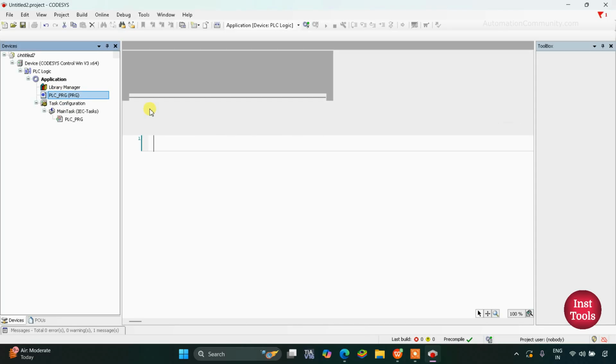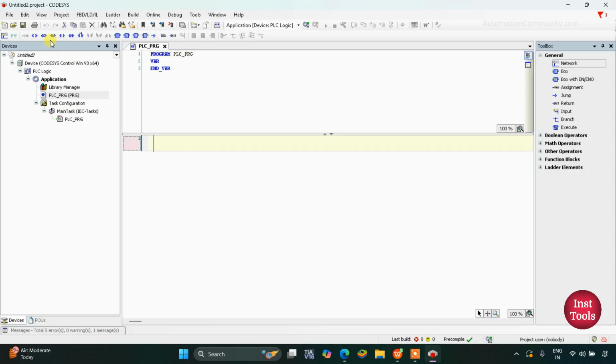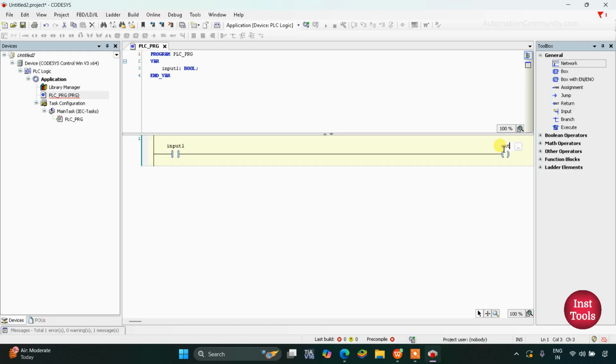Let's go to PLC programming and here we will insert a normally open contact and this will be input 1. OK. And I will insert a normal coil here and this will be output 1. So here what will happen when input 1 gets on, output 1 gets on. And when we turn off input 1, output 1 also gets off. But